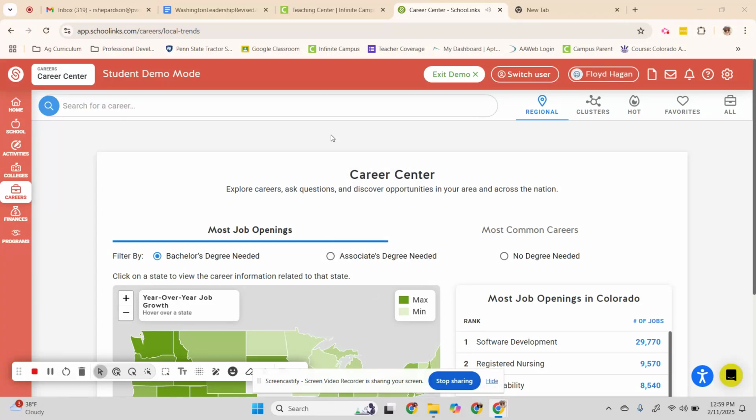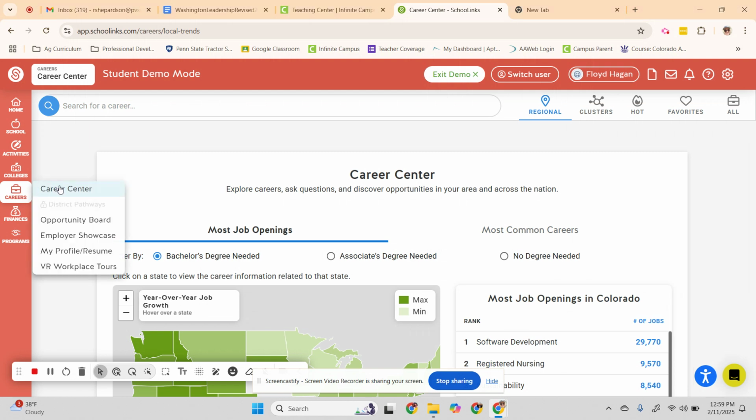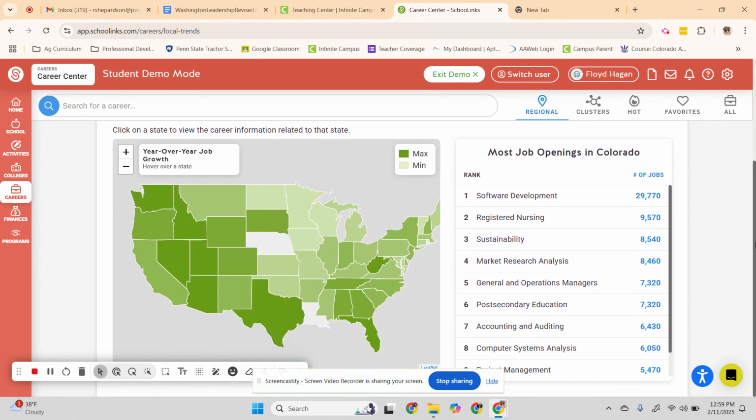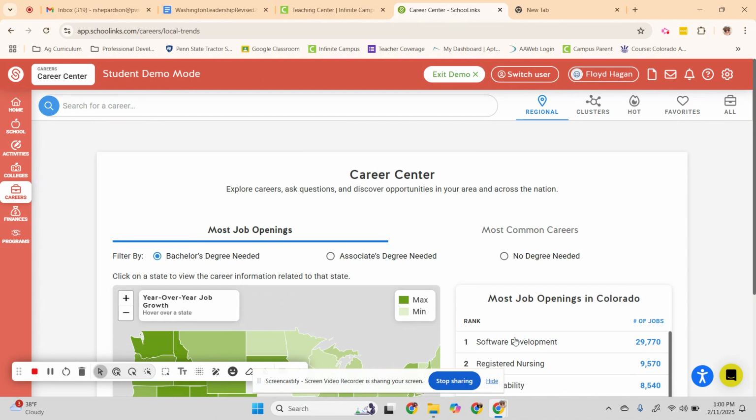For this month in Schoolinks, we're going to be doing some work in the Career Center. To get to the Career Center, you'll look on the left-hand menu. When you click on the word Careers, you'll see a submenu come up and just click on Career Center. The Career Center has several really cool features, and we're going to ask that students do a couple of things